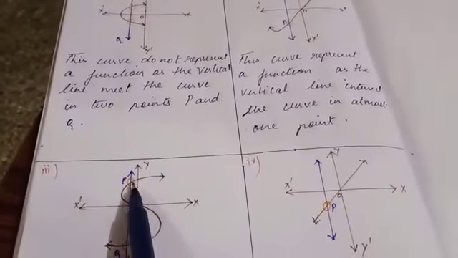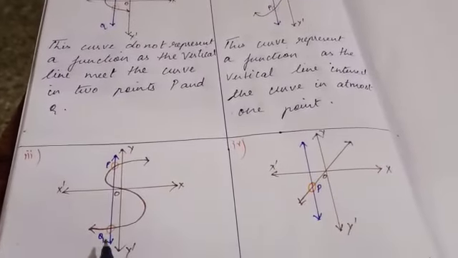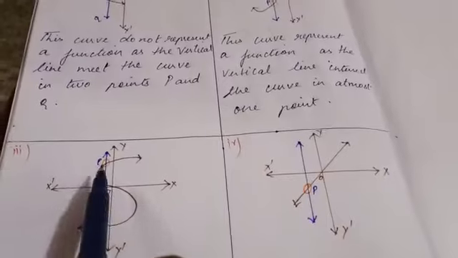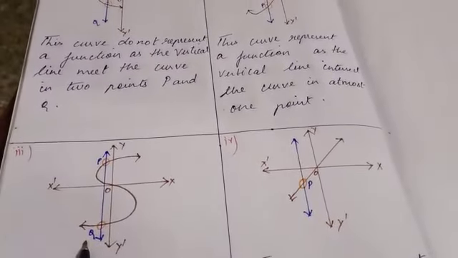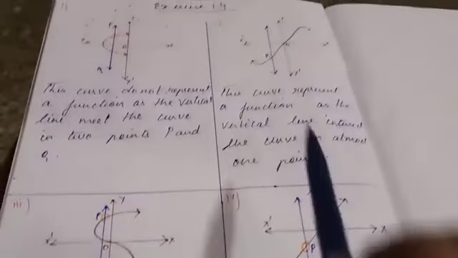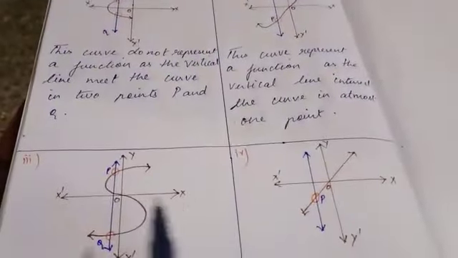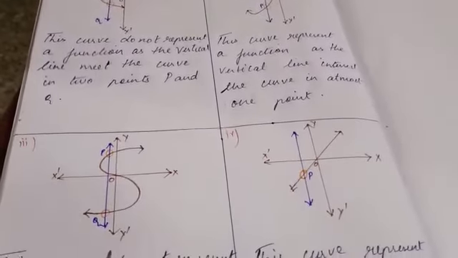And after drawing the vertical line, you have to label the intersection points. Since we have two intersections here, the first intersection I am labeling as P and the second intersection point as Q. Yes, you have to label this without fail, and also you have to label the axes: x dash, x, y dash, y, and O is the origin.